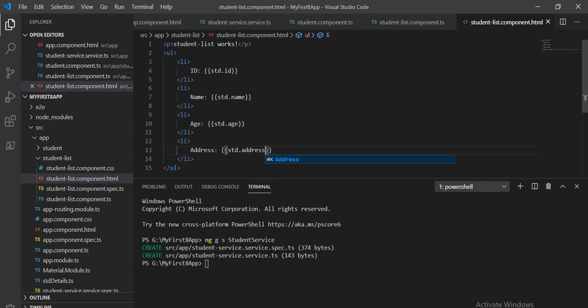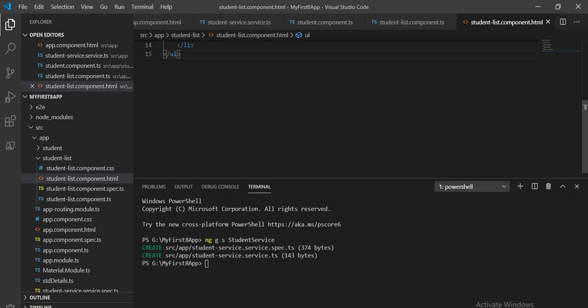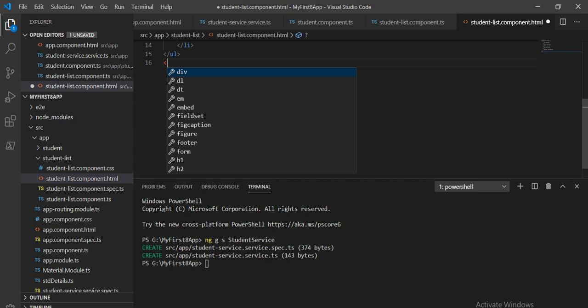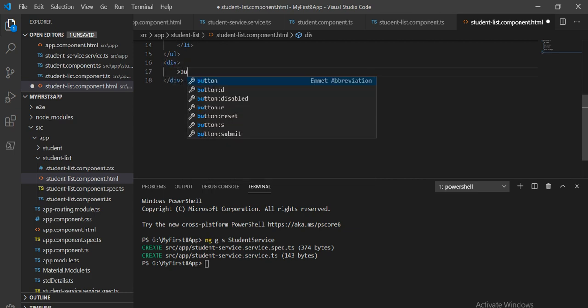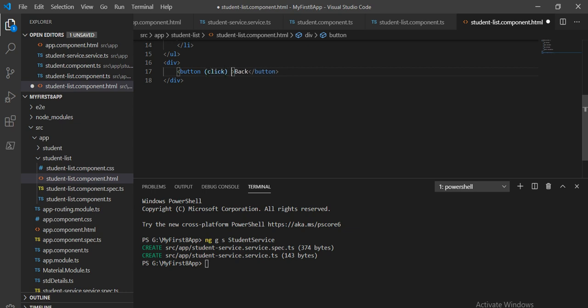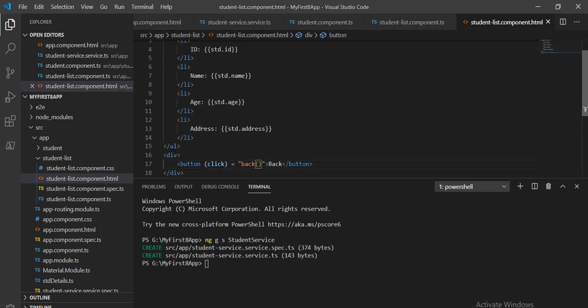Now here we will take one button for going back. I will take that in a div, and here I will take one button and write the button name as back, and I will create a click event on this, and create a function for this called back. Now we have defined all the properties and one button.